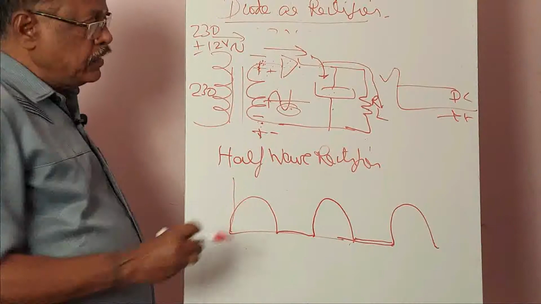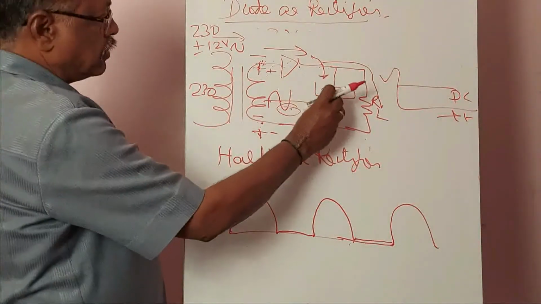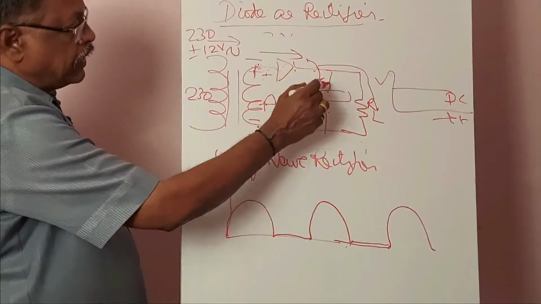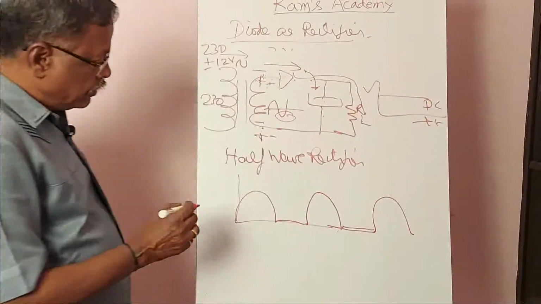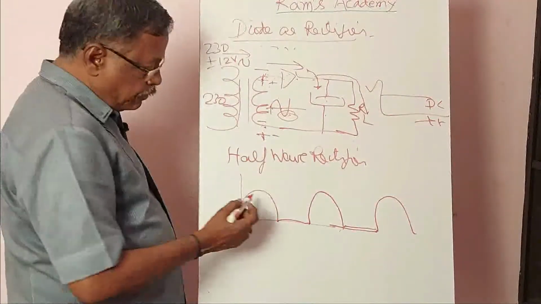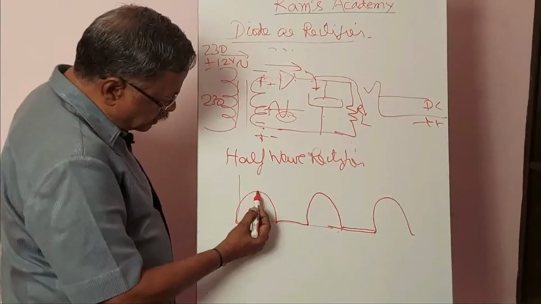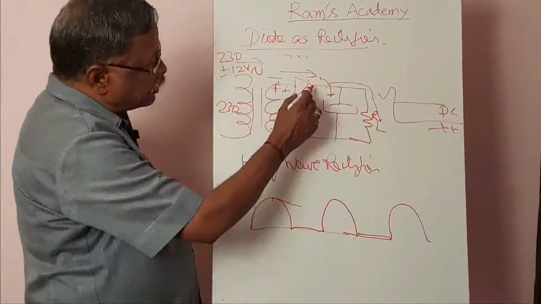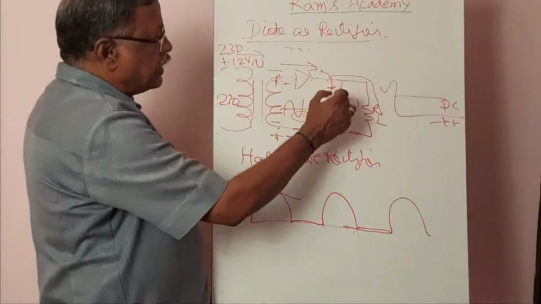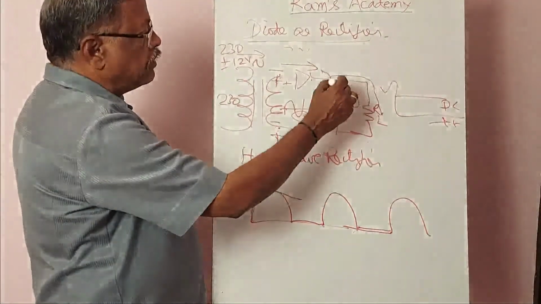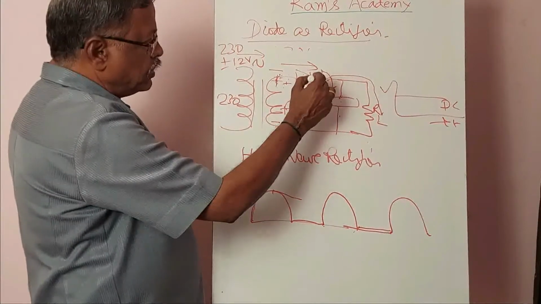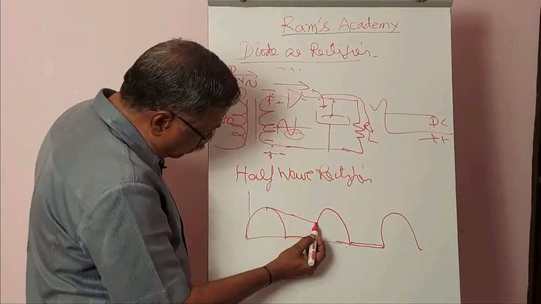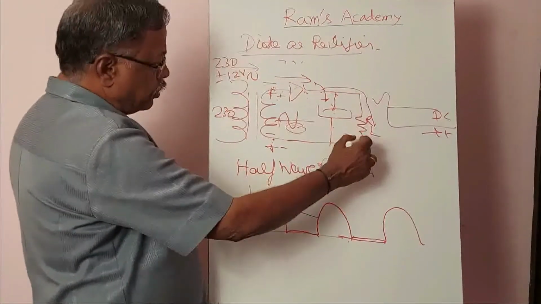Here I have pointed out that there is going to be a filter capacitor also across the load, that is, after the cathode of the diode with respect to ground. Therefore, this will be driving current through the filter capacitor, and that capacitor is going to charge. The capacitor will be having a certain potential. Ultimately the cathode of the diode is going to provide 0 voltage only. But as the positive terminal of the filter capacitor is connected here, though this is going to be 0, it is going to provide a certain voltage. That voltage drives a current through the load like this.